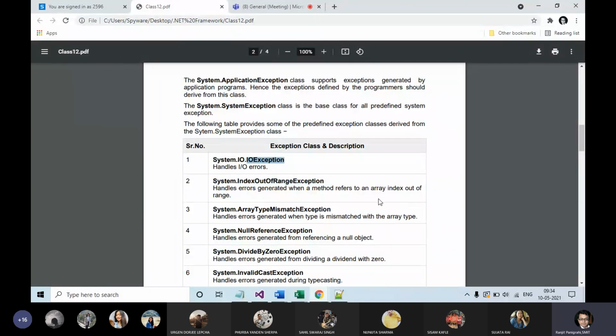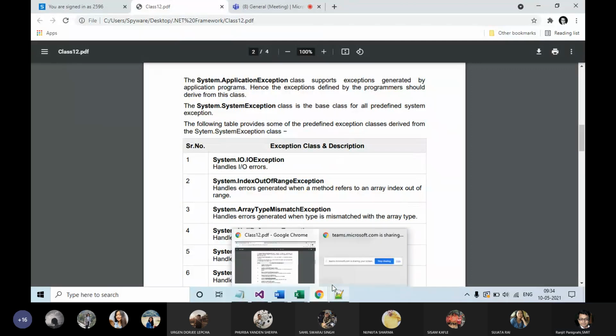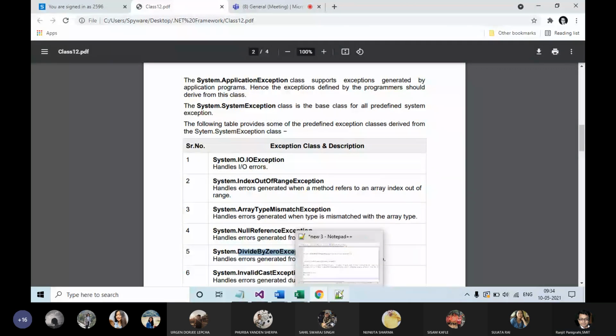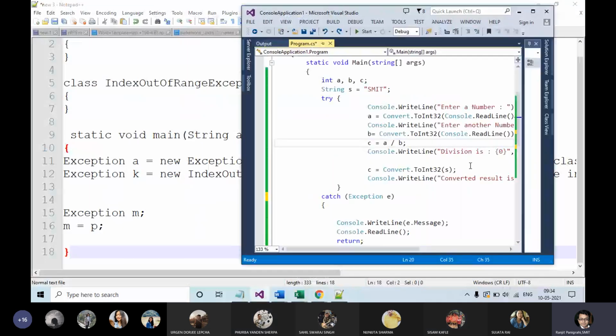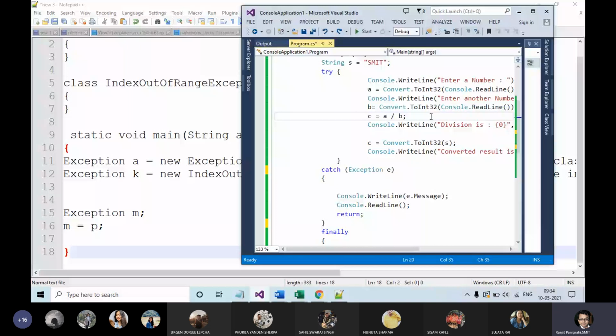If an error occurs related to the divide by zero, then the system creates an object of divide by zero exception class. यहां तक समझ में आया? Yes, sir.